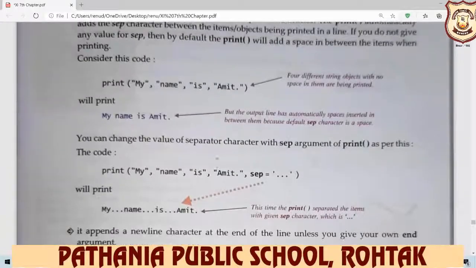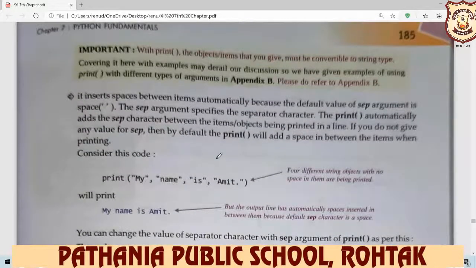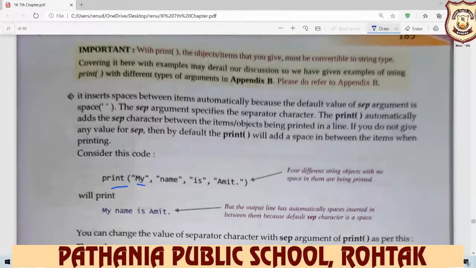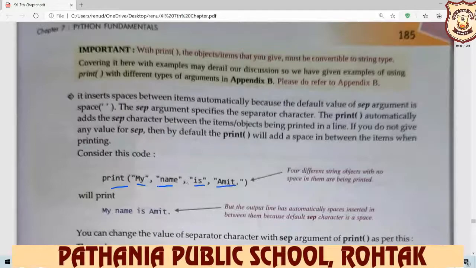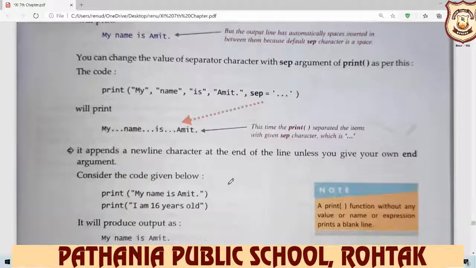So this print function is used to display the value on the screen. Or you write it like this: print, inverted commas, my, comma, name, comma, age, comma, Amit. So it displays the answer: my name is Amit. So if you want to display multiple messages, you can. But if you want to display the message on a different line, then you write a different print.